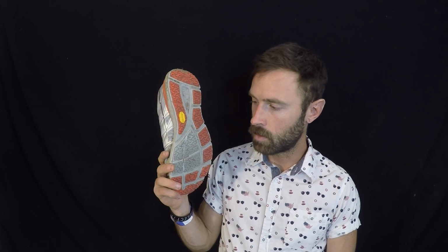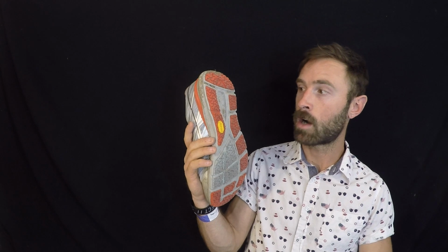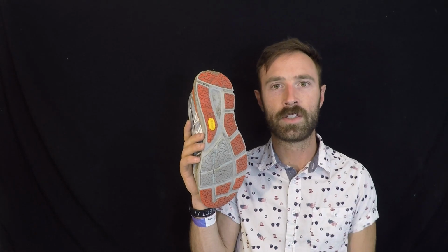Like most trail shoes these days, they're going with the Vibram outsole. This one is called the Mega Grip, one that I wasn't aware of. Maybe it is on some trail shoes out there, but I didn't know about it. There are no lugs on this shoe. An argument could be made that there are lugs, but they're so closely clustered that they don't stand out as